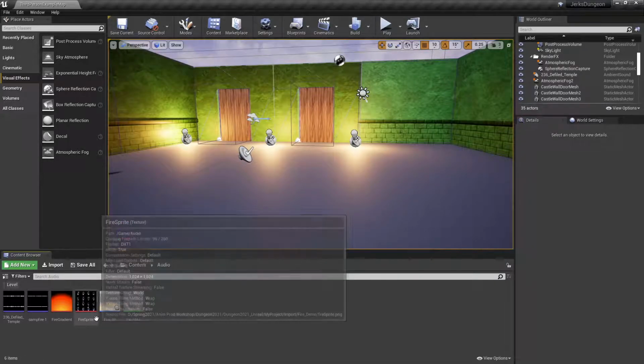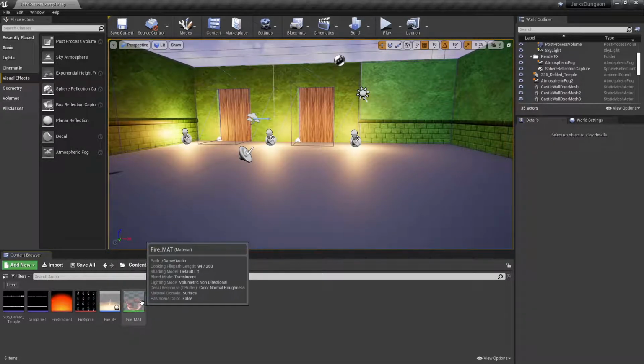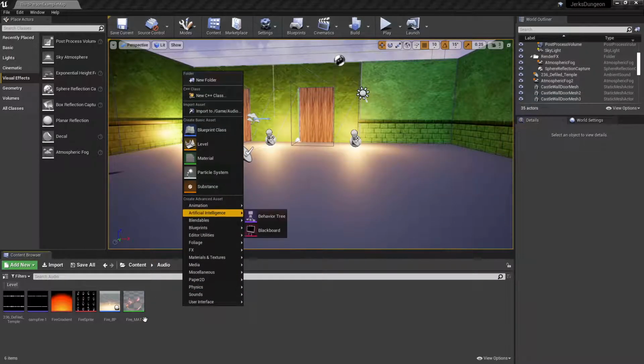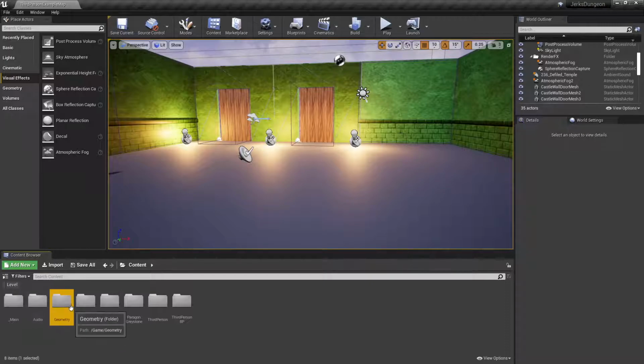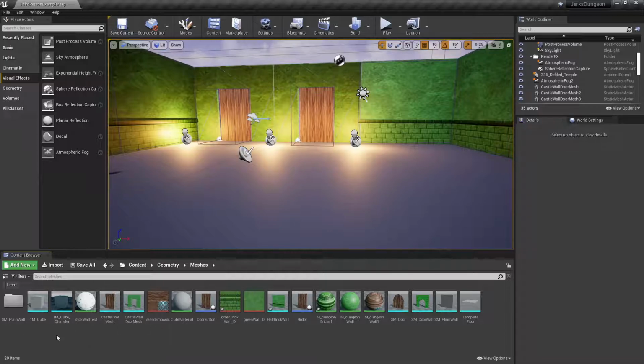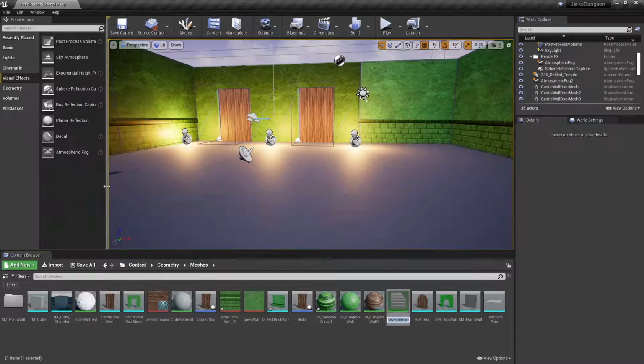The very first thing that we're going to do is make a material. So to do that, I'm going to right click and make a material. So I'm going to do that correctly this time. I'm going to go inside of my geometry and under my meshes, and I'll put that inside of here. However, you can have that inside of a material folder underneath your meshes, however you're working right there. I'm going to make material, and we'll call this flame, and then we'll do an underscore MAT,